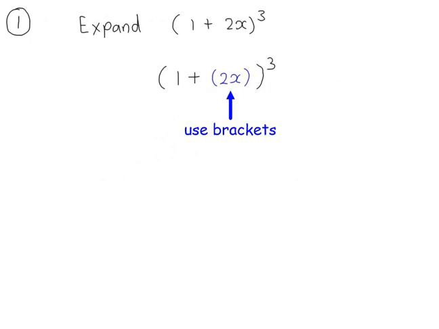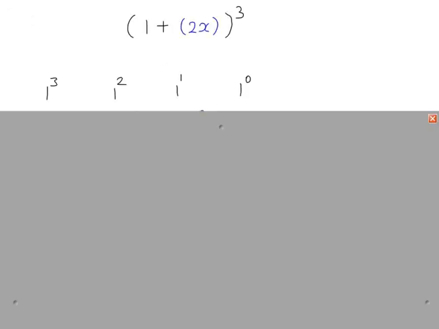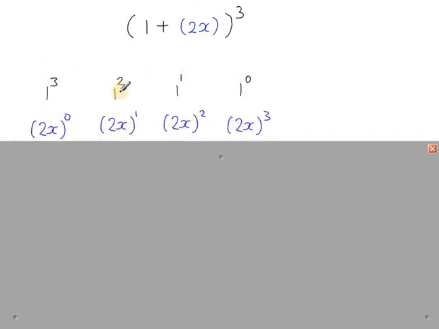So to expand (1 + 2x) to the power of 3, we should put 2x in brackets. So wherever we write 2x, it will be in brackets. We've got the first term in the brackets, which is a 1, and it starts off with the power of 3, that's what we see here, to the power of 3, 2, 1, and you go all the way down to 0. And then the other term, the 2x, will have powers in reverse order. So if we line up the terms in columns, (2x) to the power of 0, 1, 2, 3,